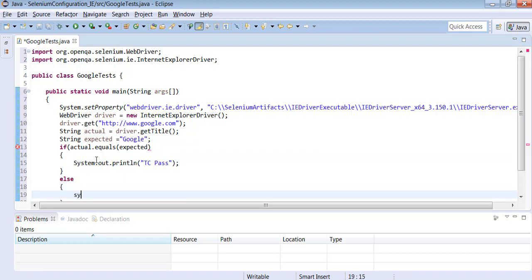So this is the program we have to write to validate whether the test case is pass or fail against the IE browser.